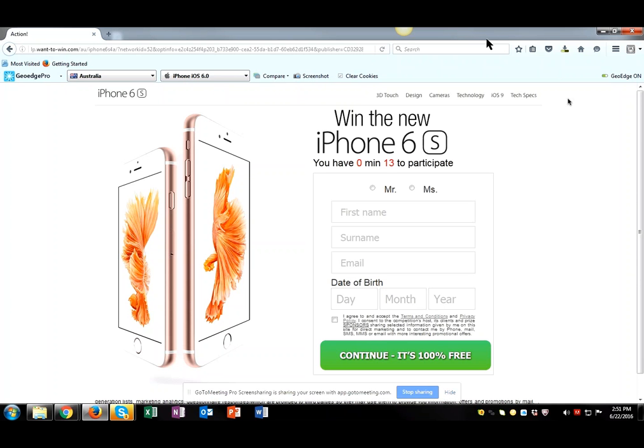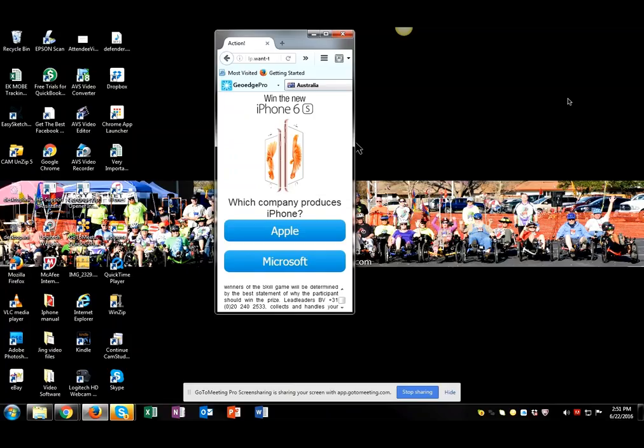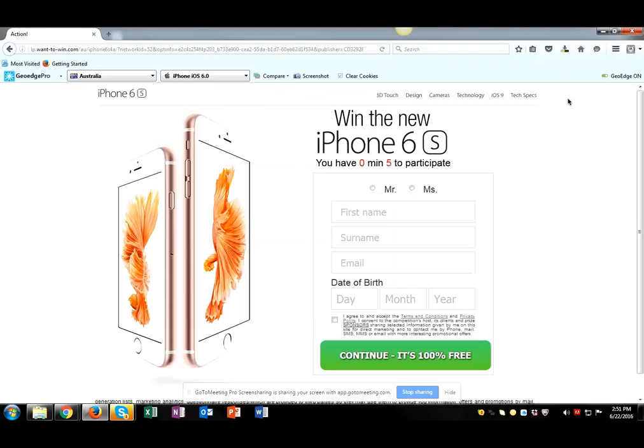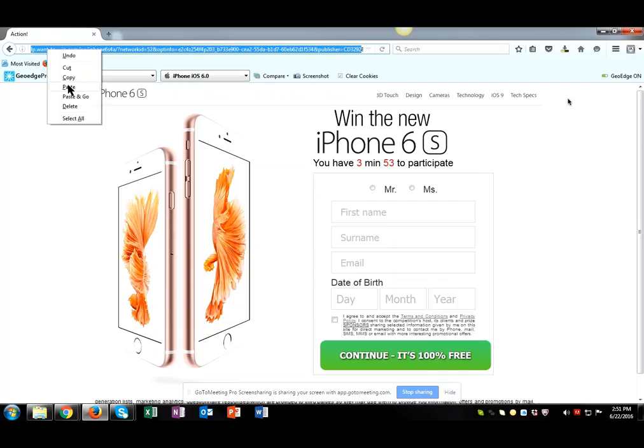Okay, so I gave you two Australia and two UK offers. They're definitely good to play around with. So there's this one here, and I shall clean that up. Paste.